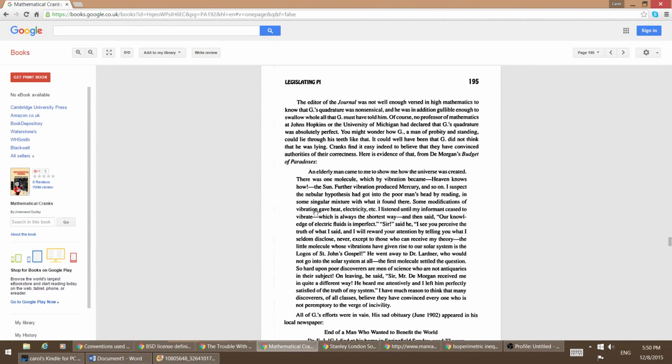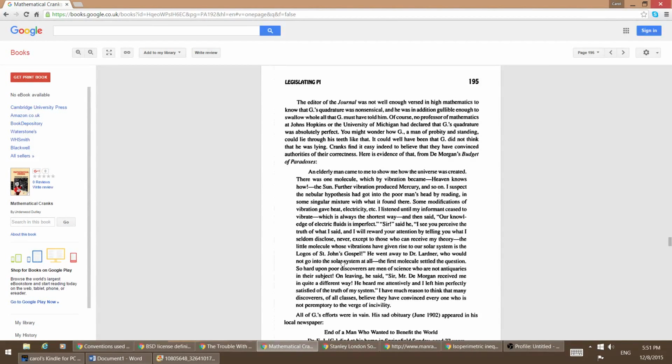Some modifications of the vibration gave heat, electricity, etc. I listened until my informant ceased to vibrate, which is always the shortest way, and then said, 'Our knowledge of electric fluids is imperfect, sir.' 'I see you perceive the truth of what I said,' said he, 'and I will reward your attention by telling you what I seldom disclose. Never mind, except to those who can receive my theory: the little molecule whose vibration has given rise